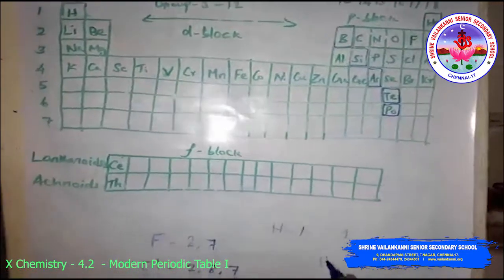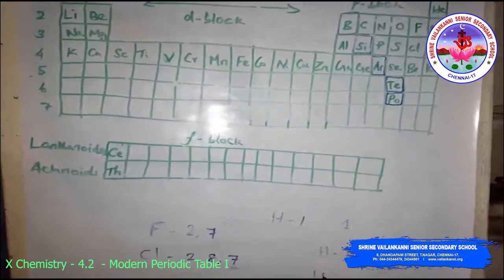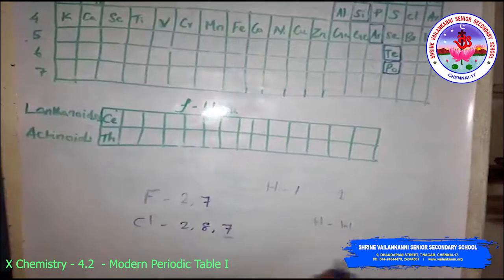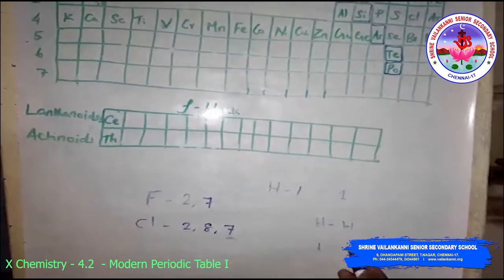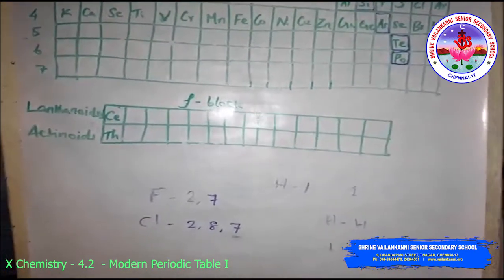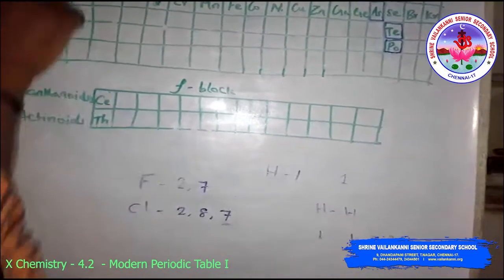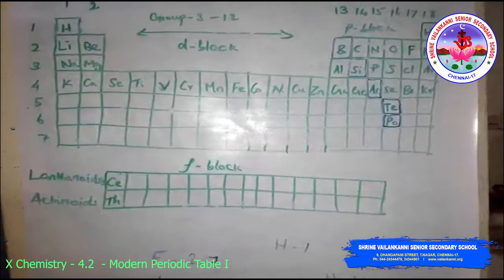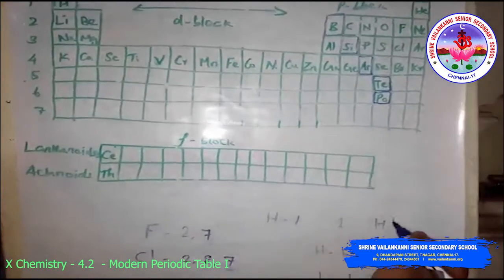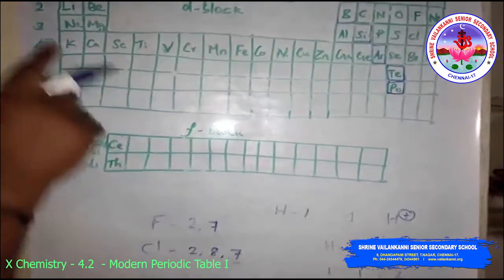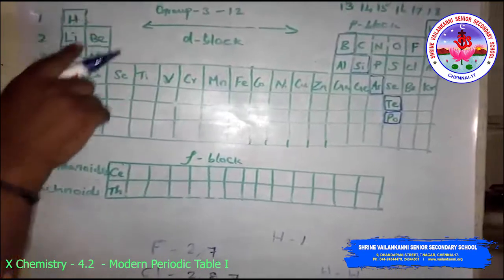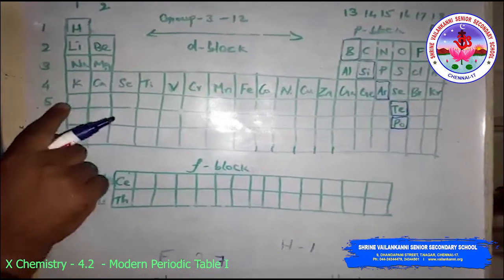They form H2, like H 1s1, one electron from one cell, that is the K cell, and another electron from another cell, so that they attain noble gas configuration. That means 2. So the hydrogens are placed first. And one more thing, hydrogen is electropositive in nature, H plus, so hydrogen is placed in the metal reactivity series.